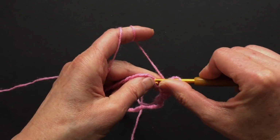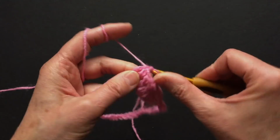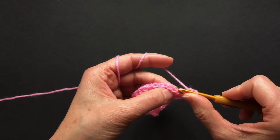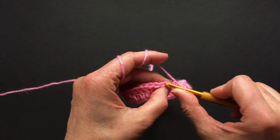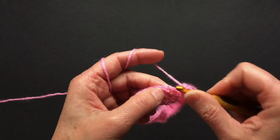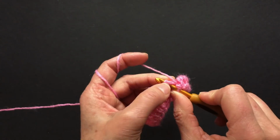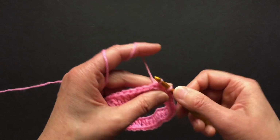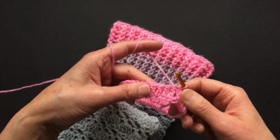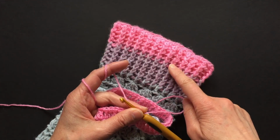And then we will join into the circle with a slip stitch. And now we will connect it into a circle again. So we will count 1, 2, 3 and connect it right there. All right. I like to make it a little bit better. I always like 2 on the top of my hook when I'm connecting it. Okay. Now that I am finished with my first row, we are going to start working on